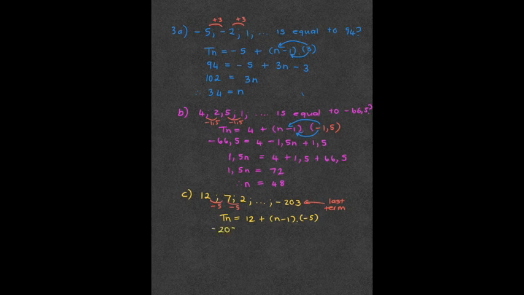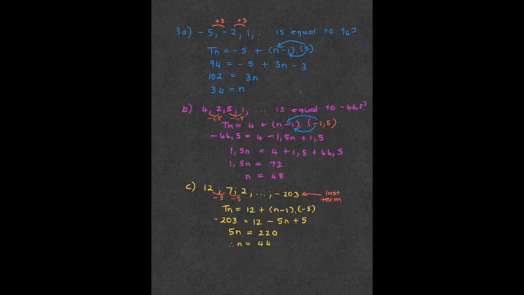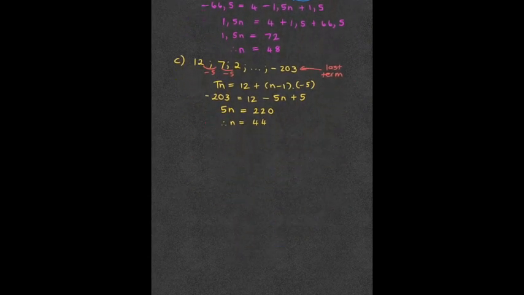So negative 203 is equal to 12, right, I'm going to expand the brackets, minus 5n plus 5. Okay, now I'm going to just solve this. So 5n will be equal to 17 plus 203, so that's 220, right? Therefore, n is equal to 44. Oh, this is such exciting, beautiful maths. Okay, so for C, you should have got a solution that the 44th position would be a value of